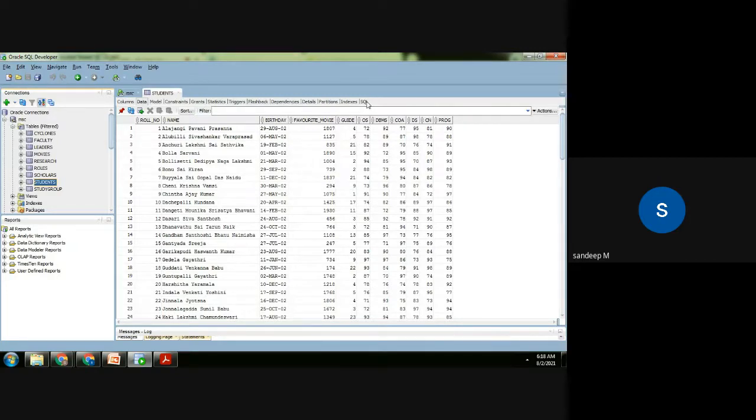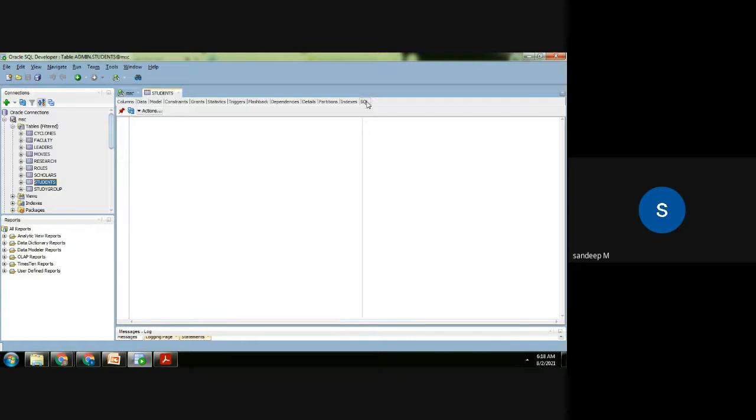If you see the SQL command that is used to create the table, I have created a simple SQL query, but SQL in the backend will be adding a lot of complex things. So don't worry about the SQL command. I'll show you the important aspect. The important aspect is how we define the foreign key. So in this table, the guide is the foreign key, and it will be referencing the faculty ID in the faculty table. That query I'll be showing at the time of creation, how we have done this.